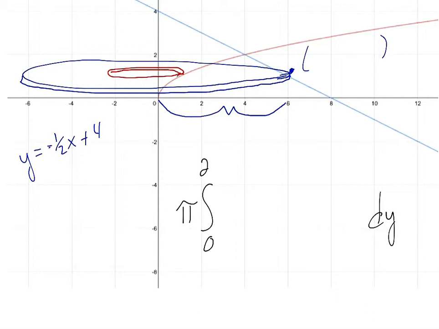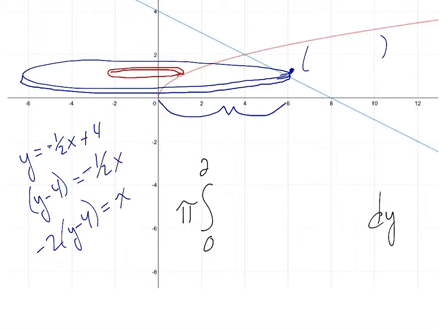So this is going to be y minus 4 is equal to minus 1 half x,